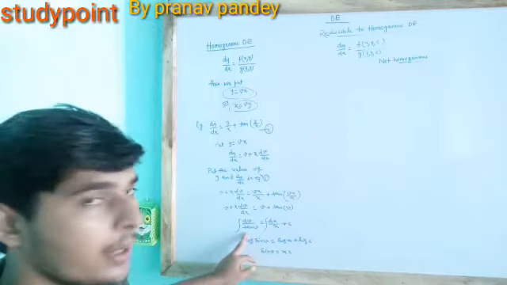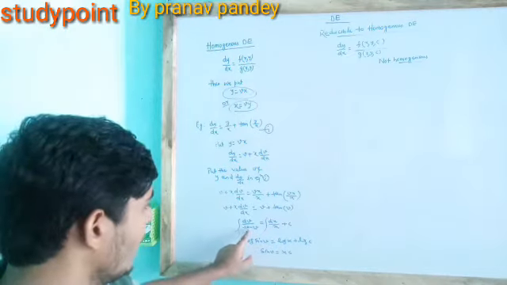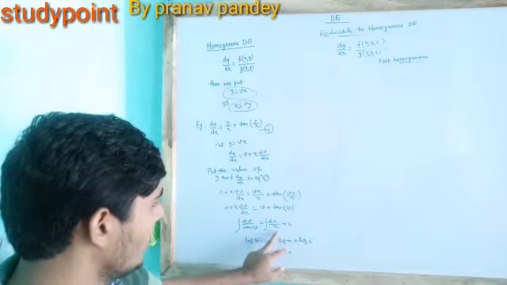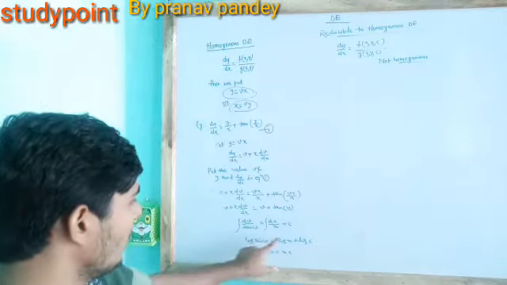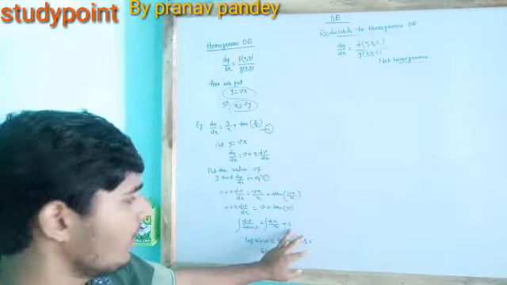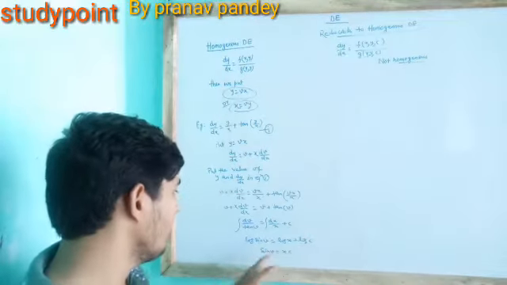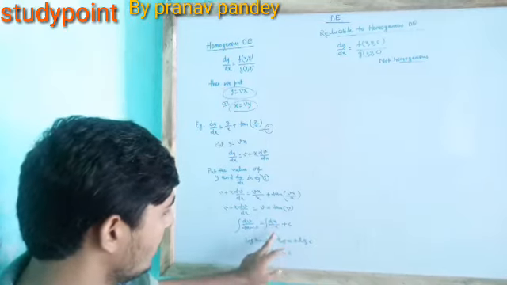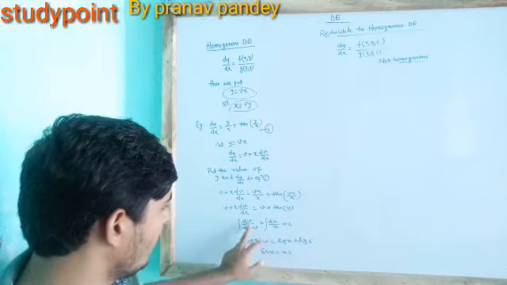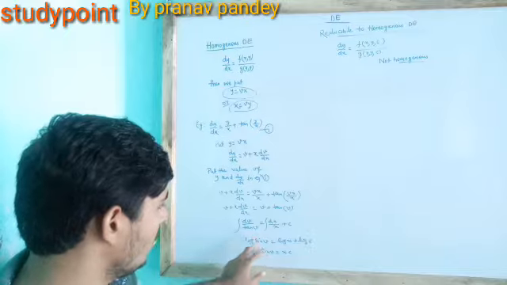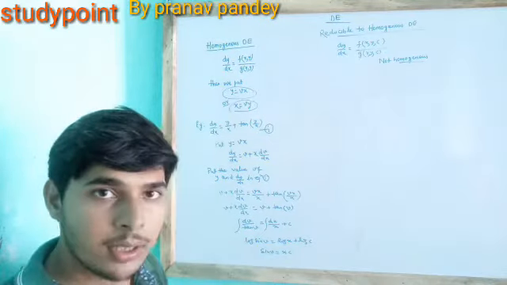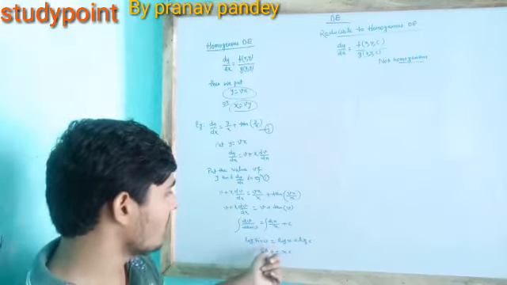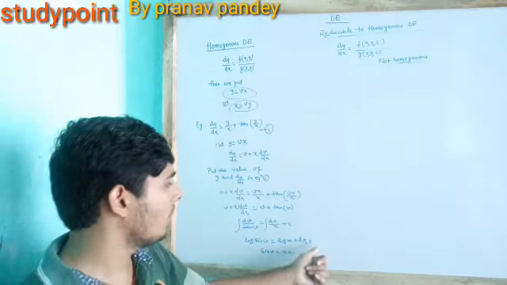Then we separate the variable. We separate the variable with dv of v and dx of x, and then we integrate, and we get an arbitrary constant c here. Then log sin v is equal to log x. Integral of dx upon x is log x, and dv upon tan v we convert to cot v, and the integral of cot v is log sin v. So we get log sin v is equal to log x plus log c.